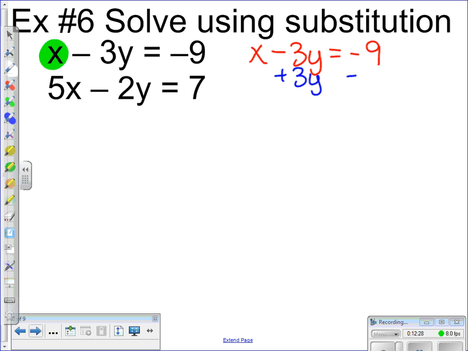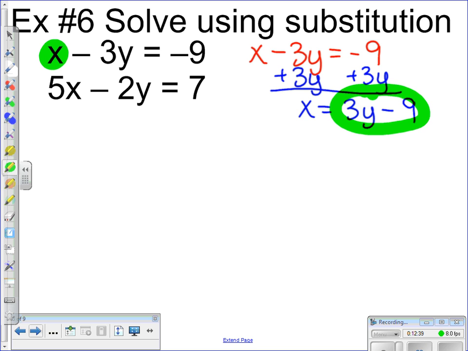So if I add 3y, I'll get x equals 3y minus 9. Now that part is what needs to go in for x behind the 5. So 5, and then parentheses, 3y minus 9